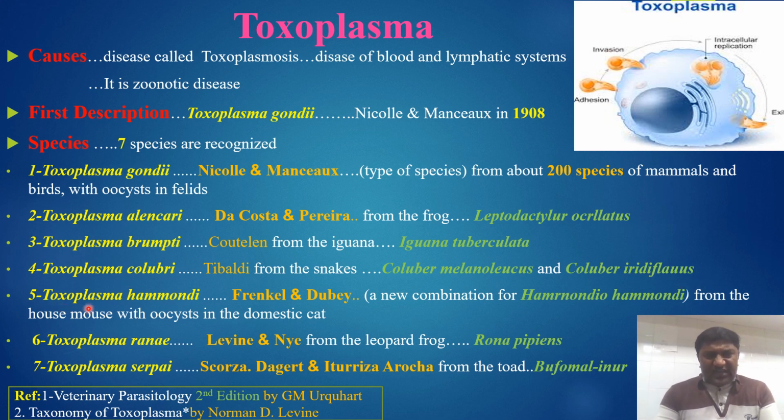Next one is Toxoplasma himondi, discovered by Frankel and Dubé, a new combination for himondi, from the house mouse, with the oocyst in the domestic cat. And next one is Toxoplasma reni, discovered by Levine and Nye from the leopard frog, Rana pipiens. And the last one is Toxoplasma serpi, discovered by Scorza, Doggett, and